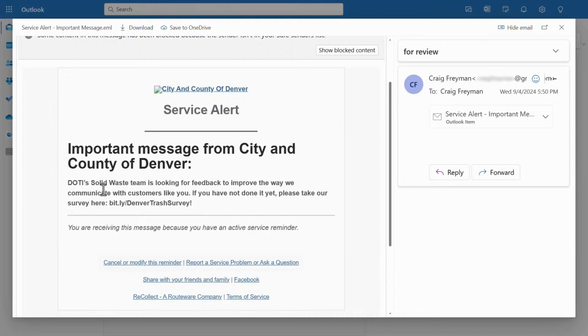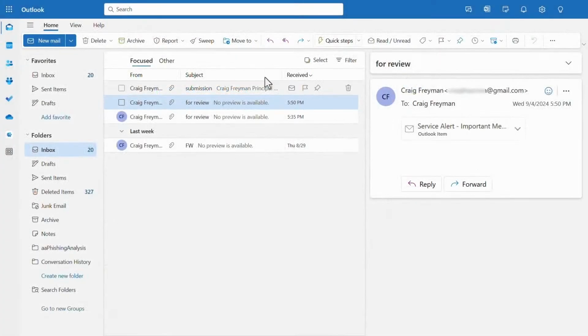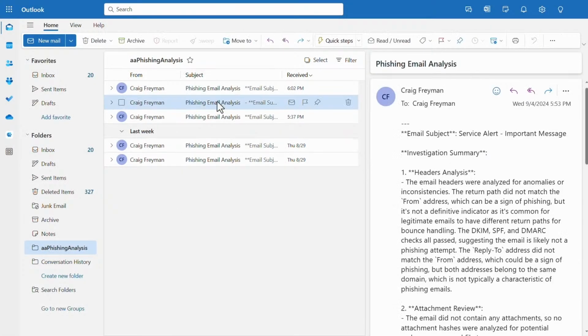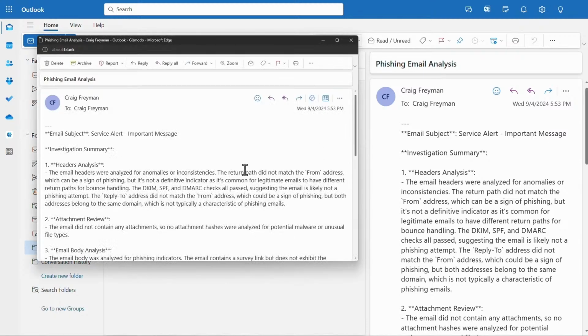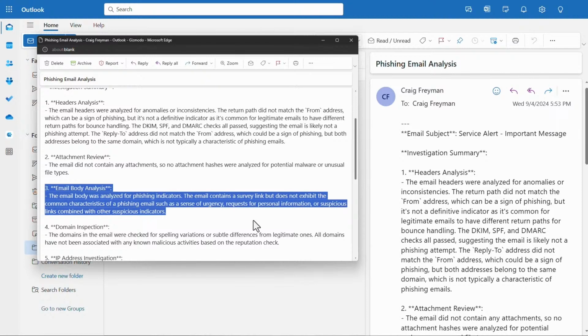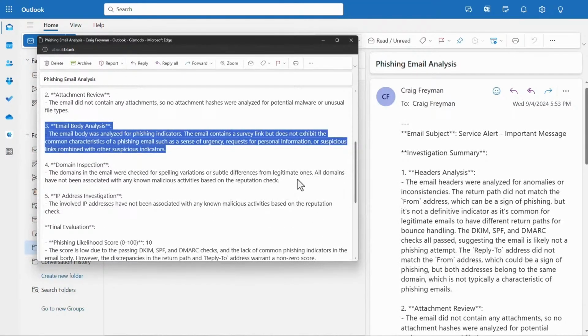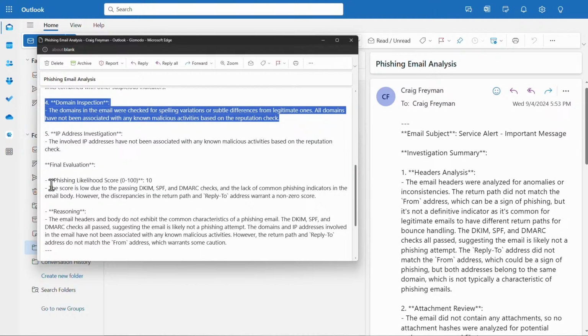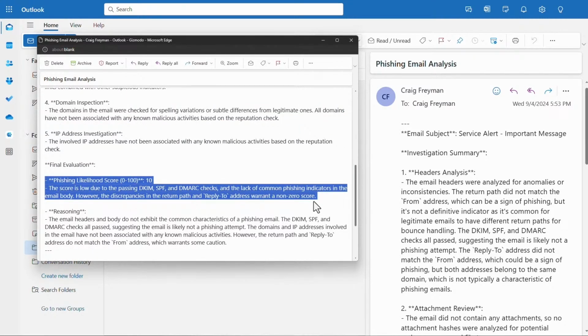The reason I selected this is because there are some indicators in here that are common with adversary techniques, such as a survey link. But this is definitely a benign email. You can see that the body was analyzed, did not find anything suspicious, nothing suspicious in the domains, and it scored it a 10 out of 100. So it's not likely a phishing email.